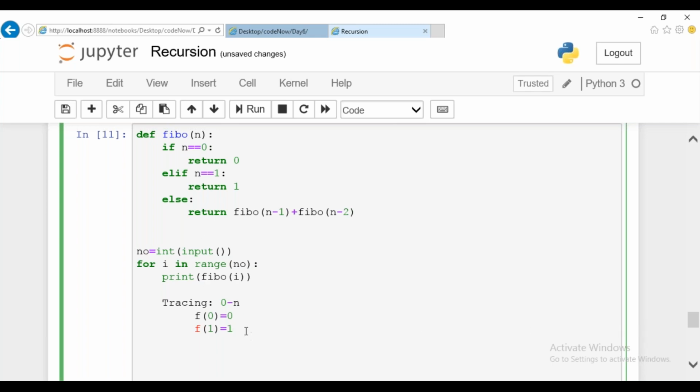Yeah, stack tracing we'll see. Okay, I'm just giving clarification. If your f value is 0, what happened? If your f value is 1, what happened? Just a clarification. Now we'll start tracing it.